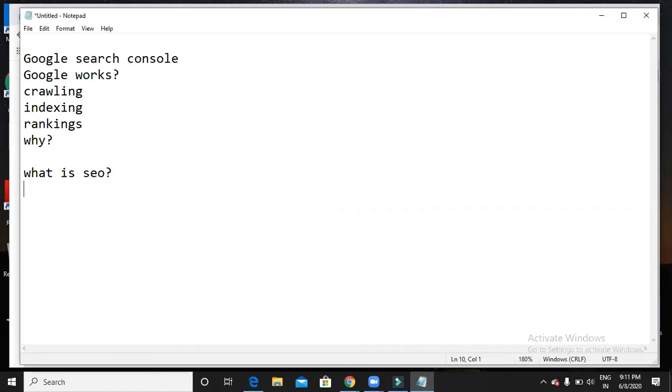Google Search Console is a tool provided by Google, and it has an alternative name, Google Webmaster Tool. It is used for better crawling and indexing. If we have any issues in our website, it also shows us the errors, so by seeing those errors I can easily recognize them. It is for improving search performance and seeing the analytics of your SEO results. You can see the complete performance of your SEO in Google Search Console.